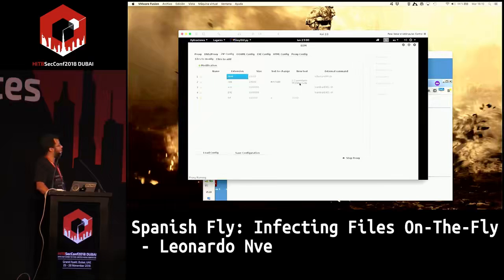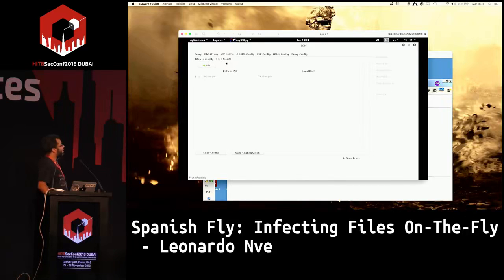This is another feature I added. You don't need to use an external command here. You can simply do a string change on text files. If a file is a .x file, less than 300 Ks, infect it using this external program, for example. If it's a text file, directly do a string change. This is a test. We can add more modifications, etc.